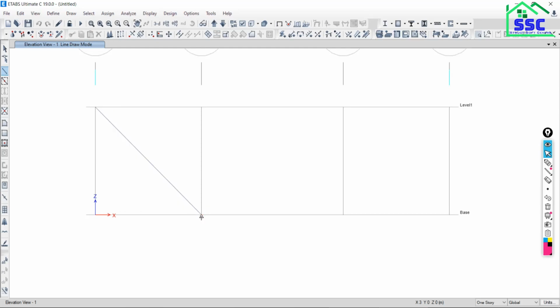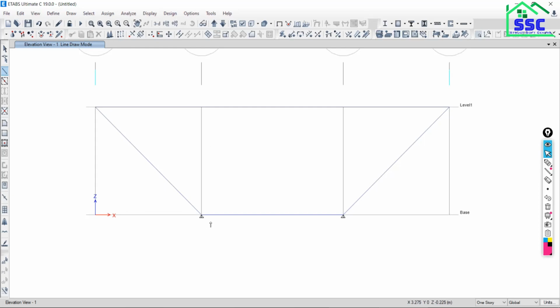Just click over this line, so this frame will be drawn, and go to next point here. Again go back to the next point here. Coming back to this point, continuity is maintained. Again go back to this point, then go back to this point. This is done. If you want to break the continuity but want to keep the command as active, just right click over the window, so that the continuity will be off and the command will be active.